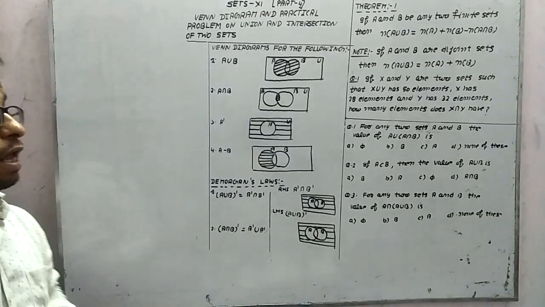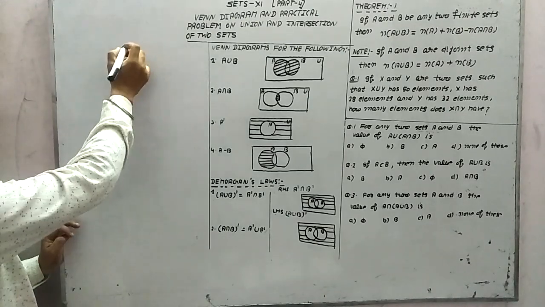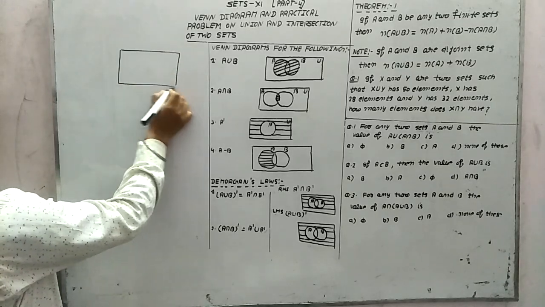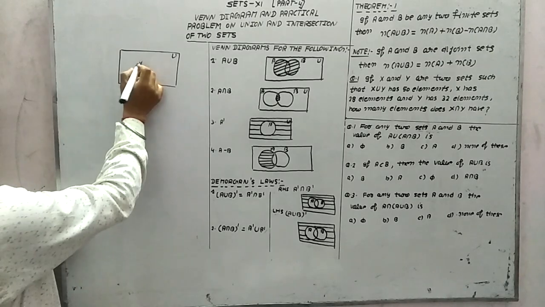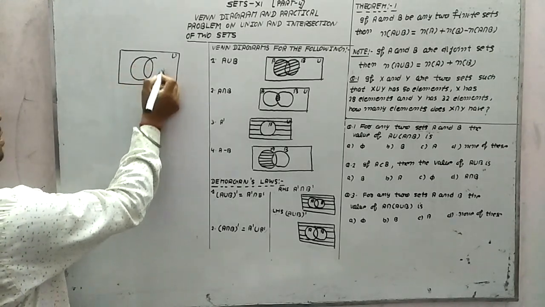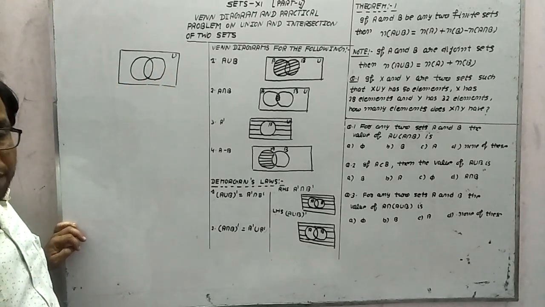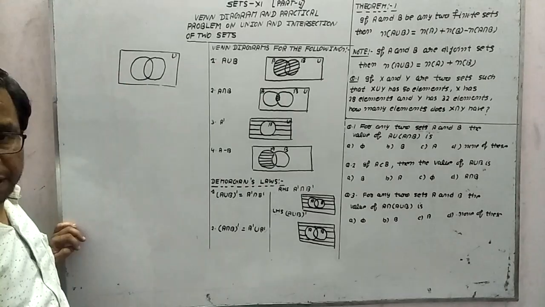Let us see how we will draw the Venn diagram of A union B. देखिए A यूनियन B कहीं ना कहीं से आ रहा है. That means first of all we will always consider the universal set as a rectangle. We have two sets A and B, taking circles. Now why we are taking intersecting, कि हम ये मान रहे हैं कि A और B में कुछ ना कुछ कॉमन है. अगर कॉमन नहीं है तो हम उसे सेपरेट सेपरेट भी ले सकते हैं.